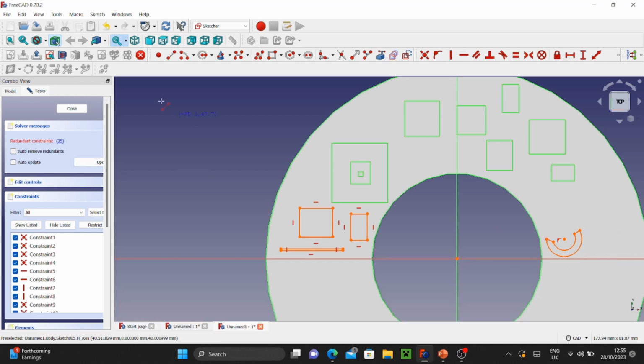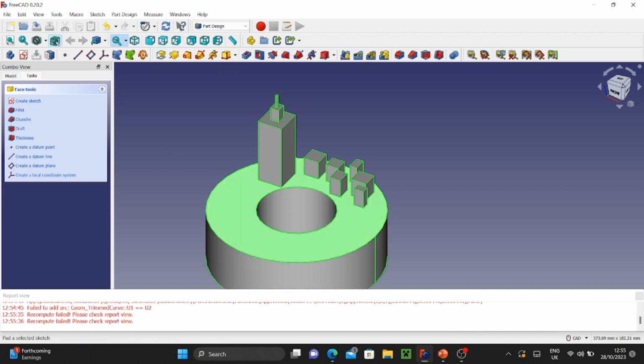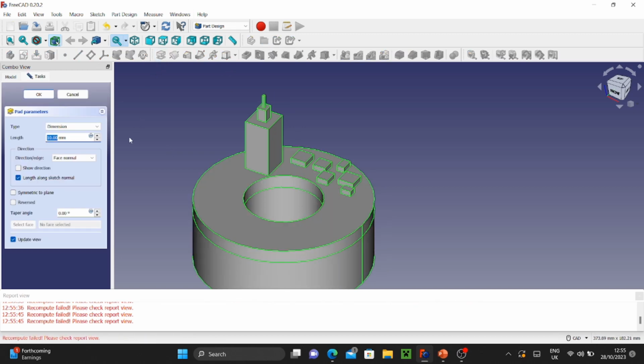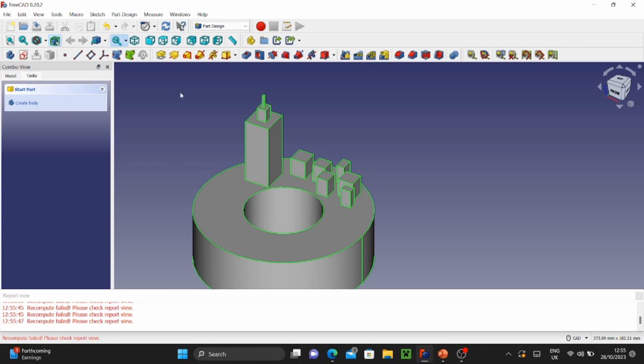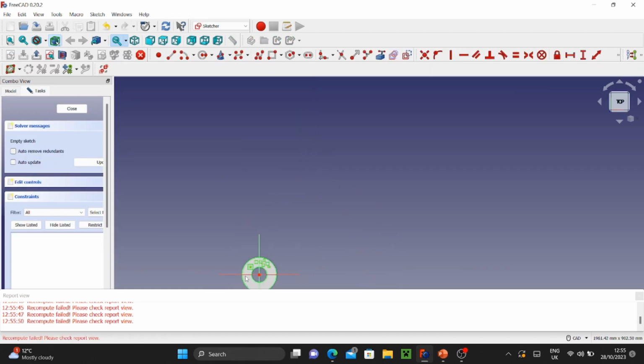You know what, that's it. Let me just create some houses now. Why am I padding the pad? And now I am going to just make a bunch of these squares